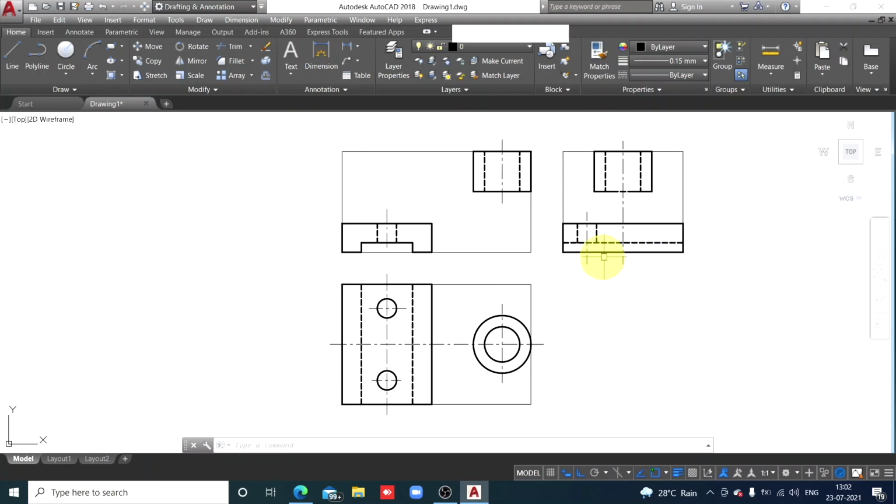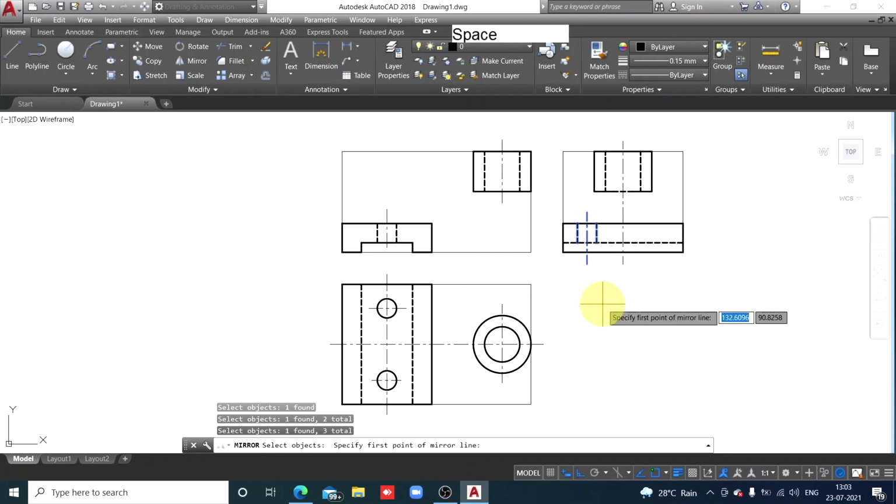Since the diagram is symmetrical, we can use the mirror command. Click on the mirror command, then these 3 lines we want its mirror image on the right side. So I have clicked on the 3 objects.